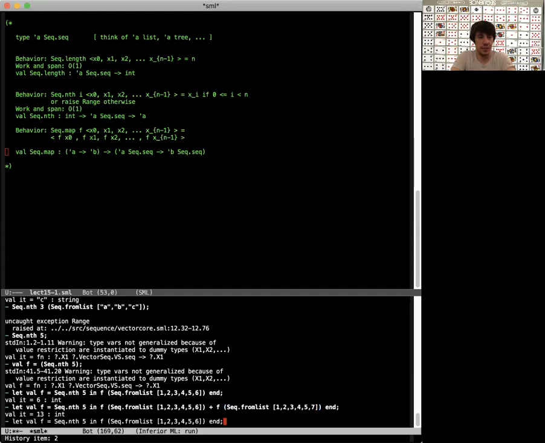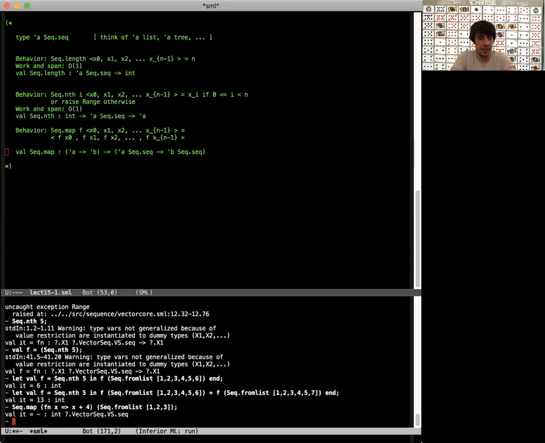Okay, so no surprise. If I do seq.map of fn x goes to x plus 4 on the sequence 1, 2, 3, then I go through and